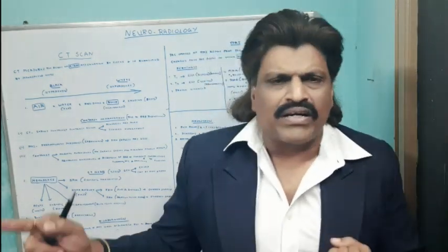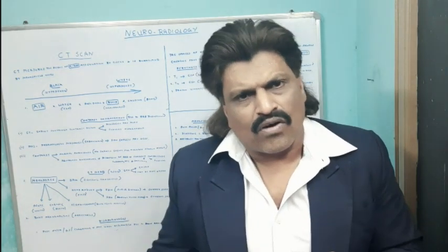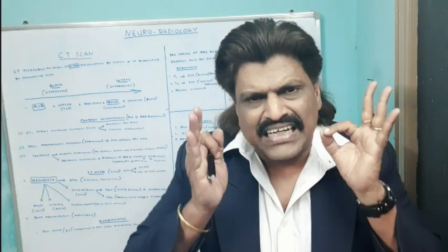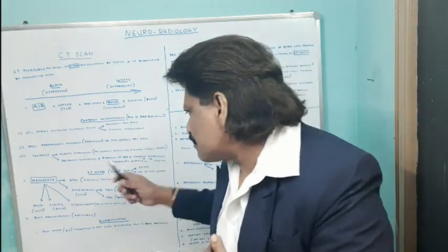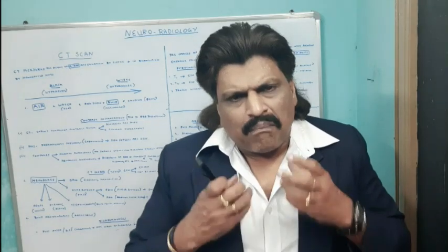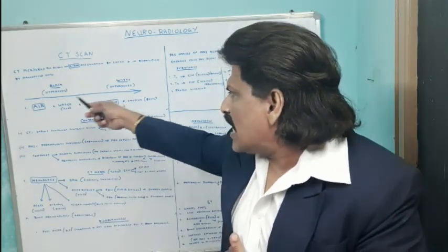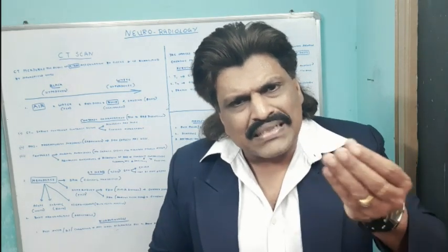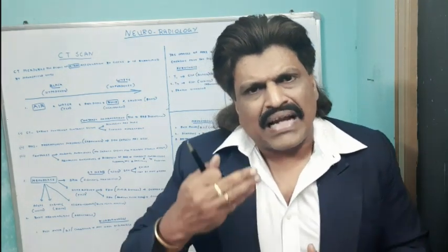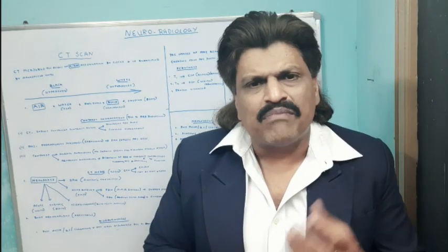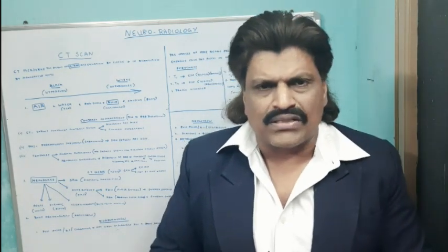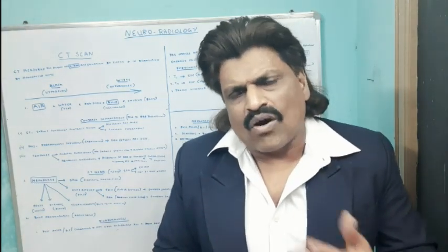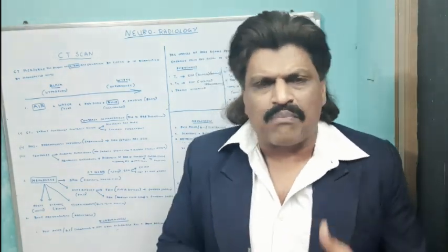So for subarachnoid hemorrhage or head injury, for ruling out extradural hematoma or subdural hematoma, CT scan head is the investigation of choice. The blood, as we were discussing hypodense and hyperdense, when it is acute, it appears hyperdense or white. But with the passage of time, it becomes dark or hypodense. So acute hemorrhage appears white on CT scan, whereas chronic hemorrhage becomes dark or hypodense.